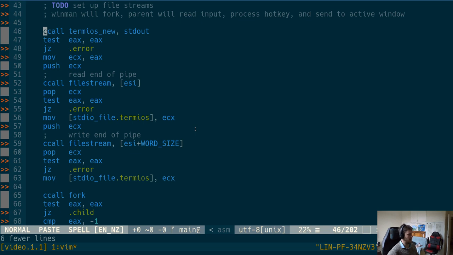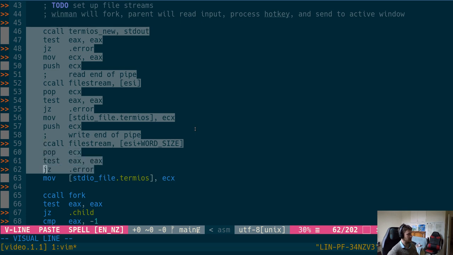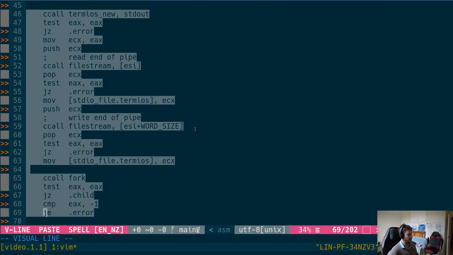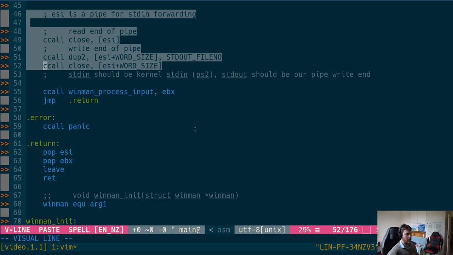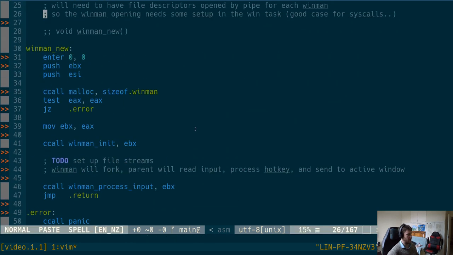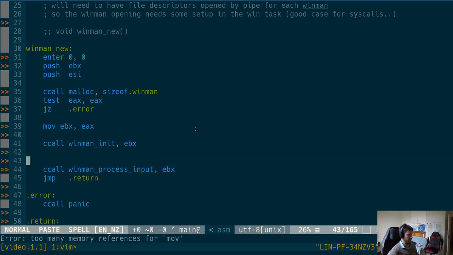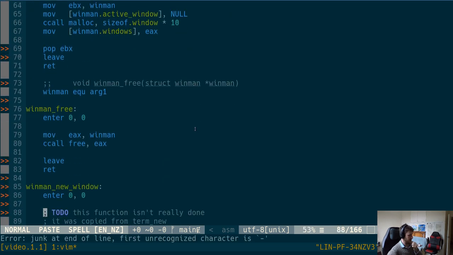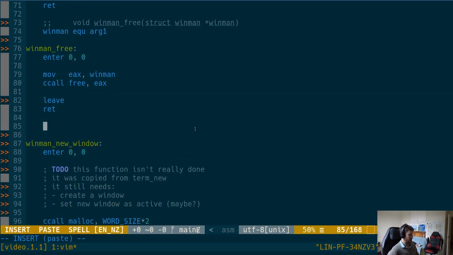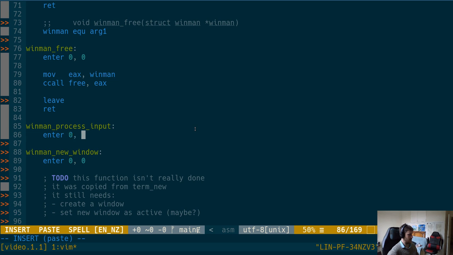I think it will just do that. Yeah, it'll just do that. So we'll do some processing of the input, and this should be unreachable, so no, I guess. And that sets up that, and that sets up that, and man new window. So when man process input enter 0 0